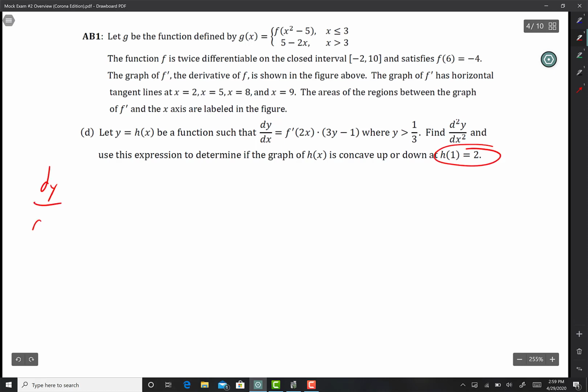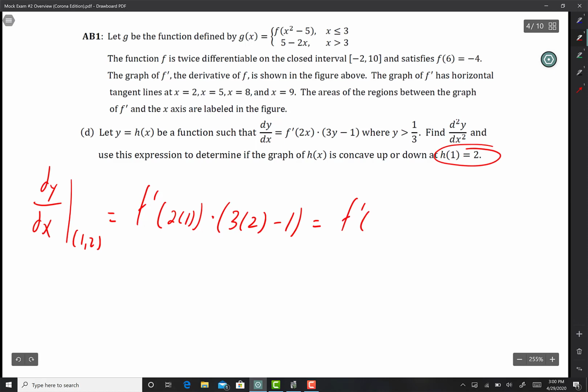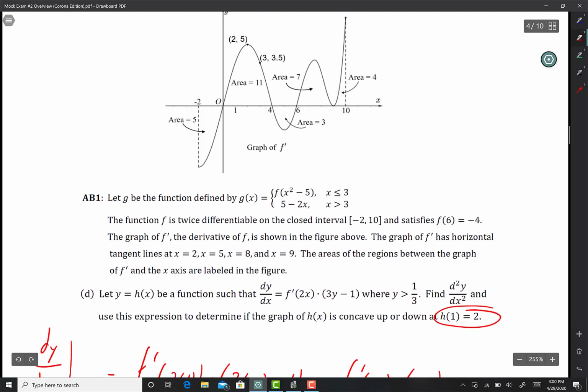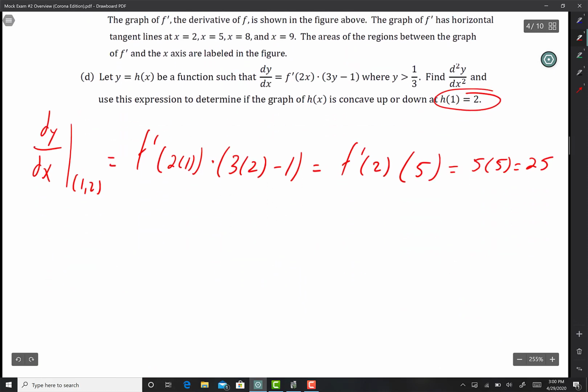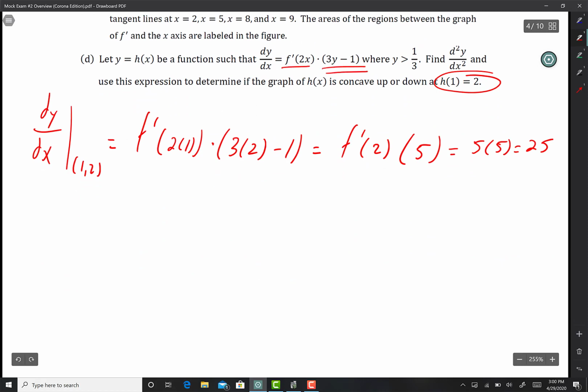So dy/dx evaluated at 1, 2 is f prime of 2 times 1 times 3 times 2, excuse me, minus 1. So f prime of 2, 3 times 2 is 6, 6 minus 1 is 5. f prime of 2 is 5. So 5 times 5 is 25. Okay, so now I'm ready for the second derivative. So I need to use product rule. So second derivative